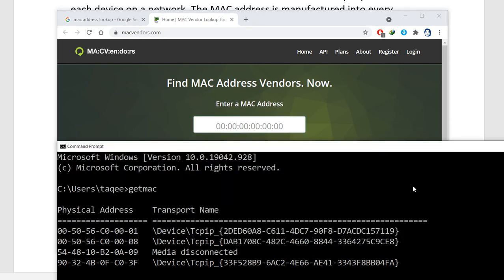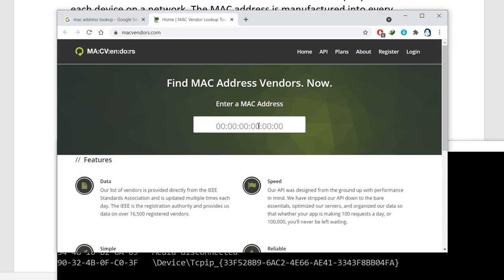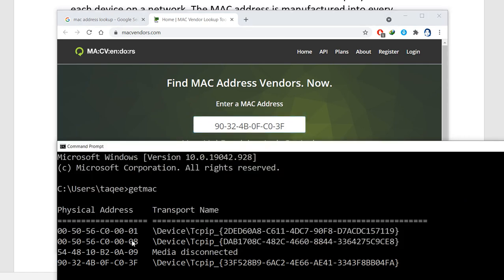I have others also. I have this one, so I'll go for this one. And you can see it is saying this Hon Hai Precision India company. So this is made by this company, and I can see the name of the company. Now why am I having these two MAC addresses here? One is my LAN card, my wired network card, and the second one is my wireless network card. So this is my wireless network card MAC address, and this is my wired network card, wired NIC's MAC address.